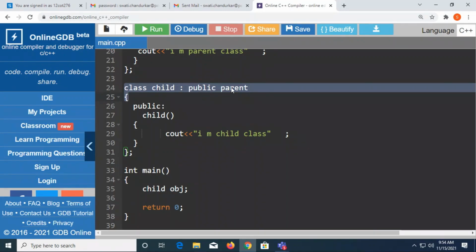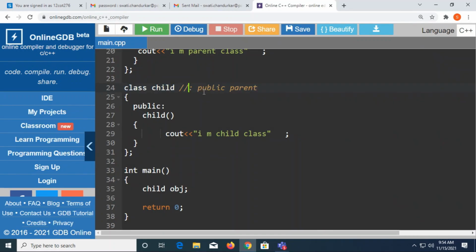So it is public parent. The compiler knows the syntax, so this is parent. That means now the compiler understands that from here, the control is coming here. Fine. It is my child class, that is the derived class. Colon means now it is inheritance from where? Parent. So the definition of this child is dependent on which class? Parent class. Fine. Child does not exist till I define this parent.